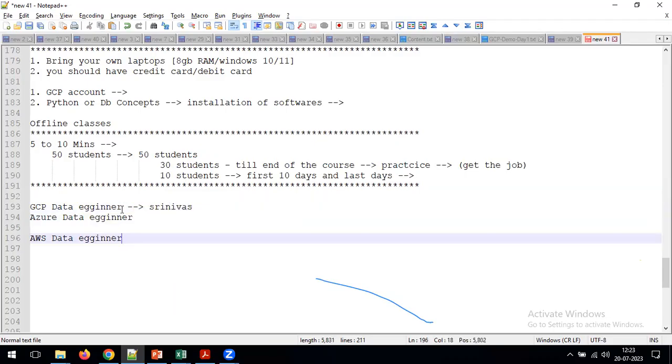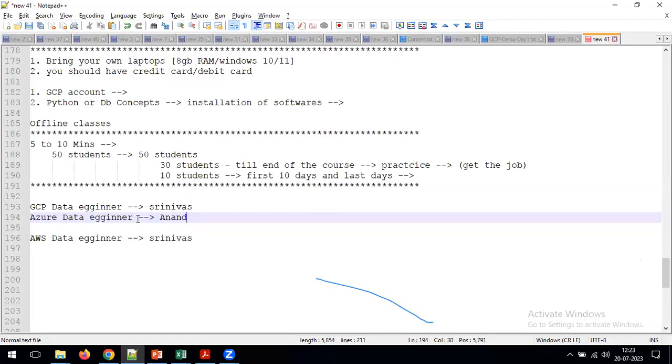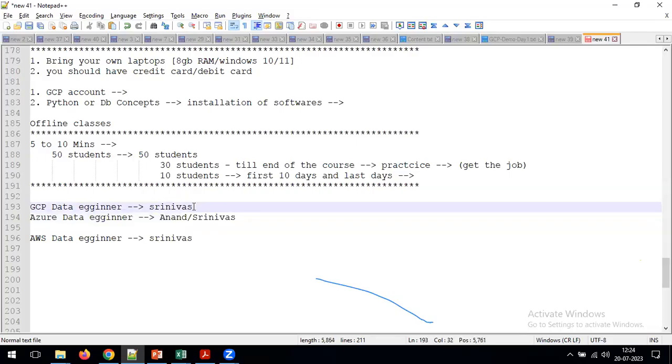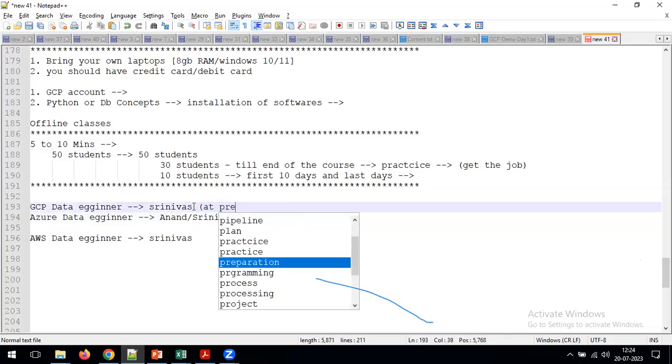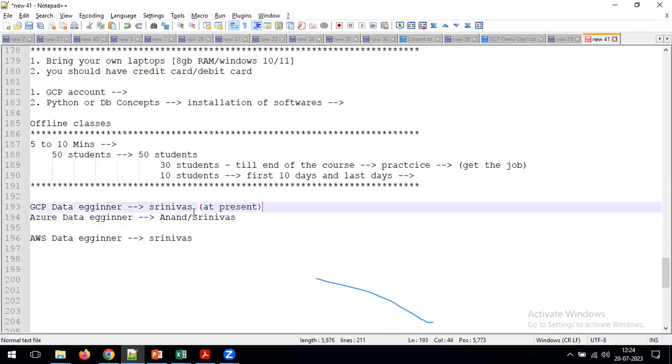And for AWS, maybe I will be the faculty. And coming to Azure data engineer, at present another faculty is teaching. His name is Anand. Maybe in future, I will also teach the Azure data engineer. But at present, I am teaching only GCP data engineer. These two are future.